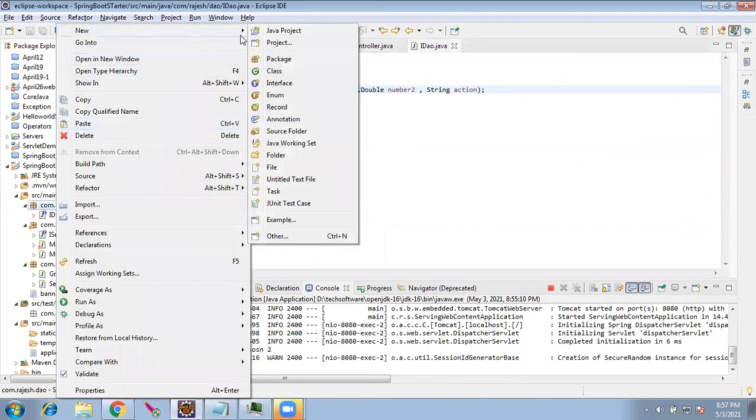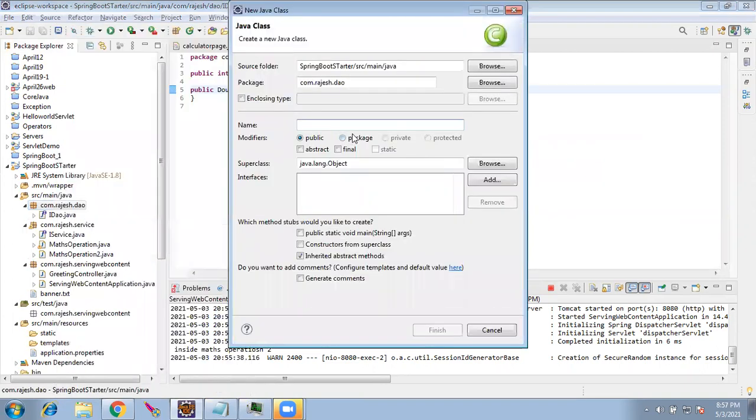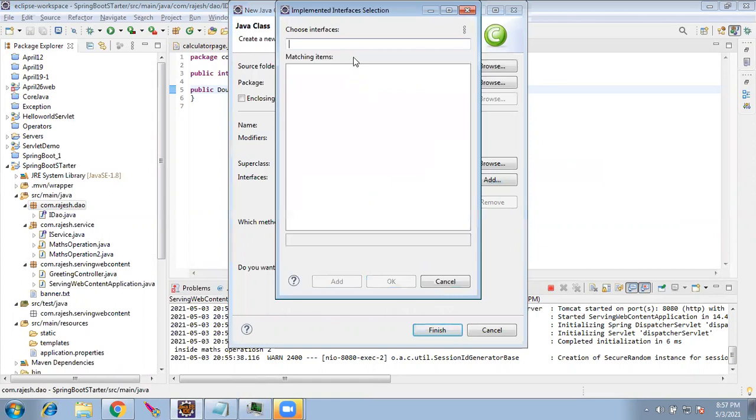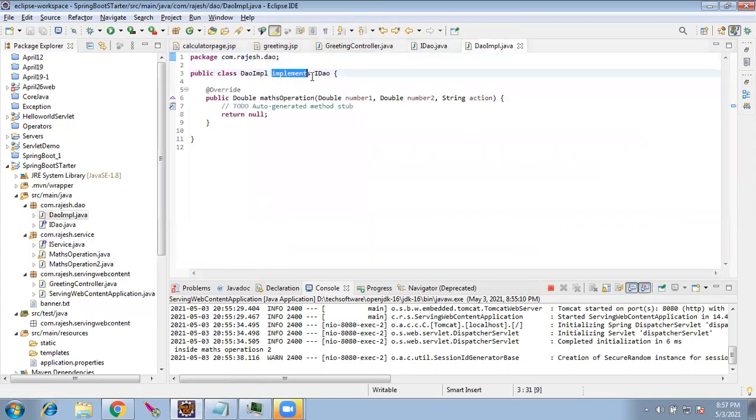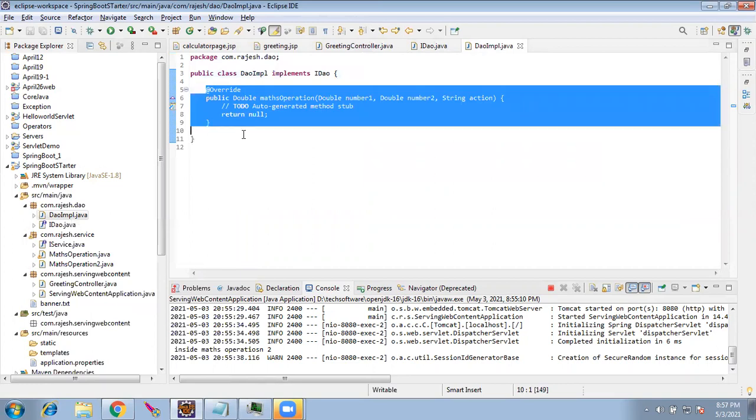Don't forget to remember me. After this, I'll tell you the real world example. Why do we need this multiple interfaces of that qualifier? Okay, I'll create one class here, DAO IMPL. Here the super interface which it is implementing is IDAO. This is one way of implementing this. If you add, Eclipse will automatically add this implements keyword and it will give this method.